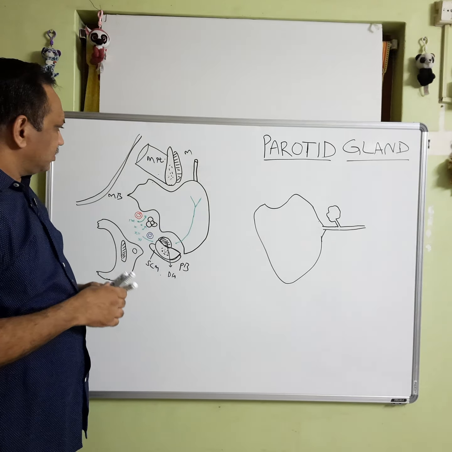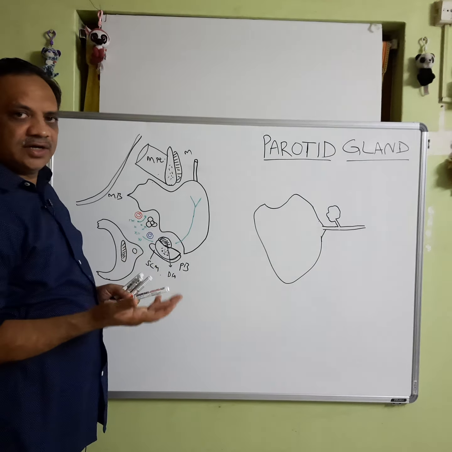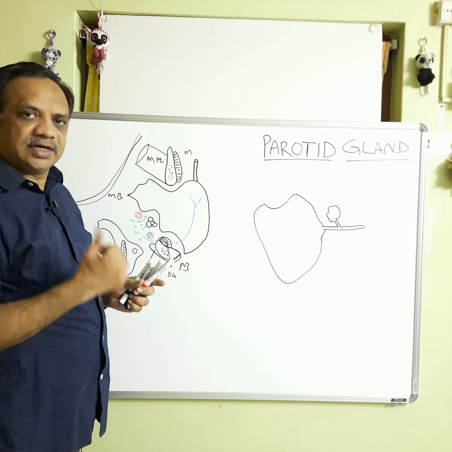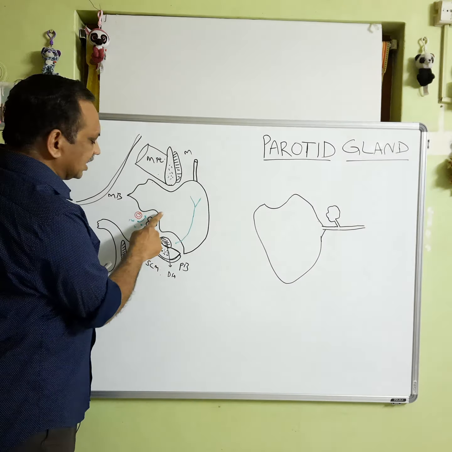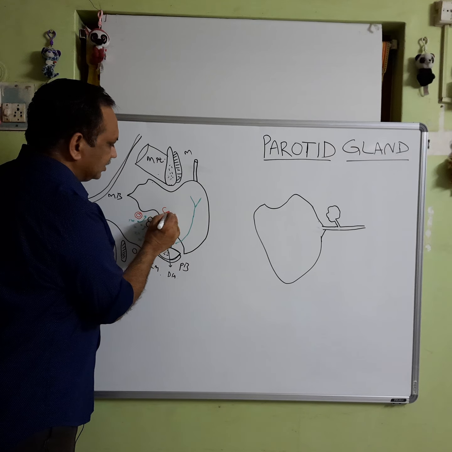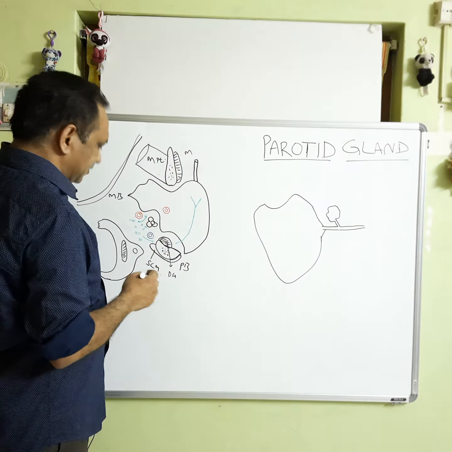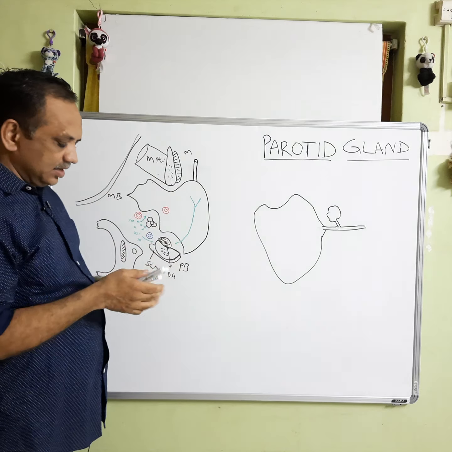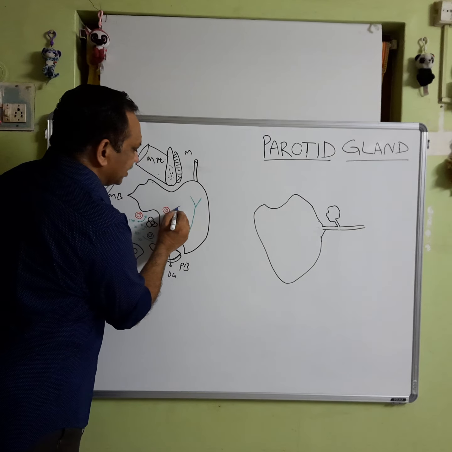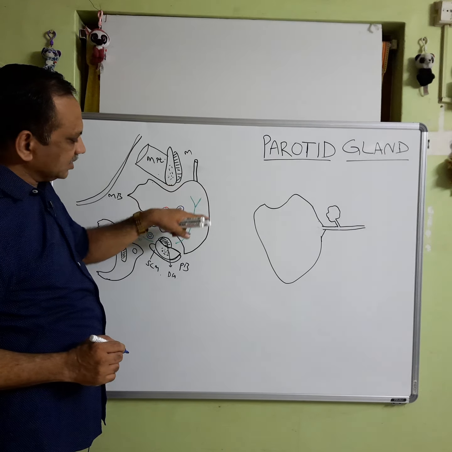And if we see, this is the internal carotid artery, then what about the external carotid artery? The external carotid artery, even though it is divided from the common carotid in the carotid triangle, ascends up and pierces the gland from this surface and enters the gland here, and then it divides into the maxillary artery and superficial temporal artery. Likewise, the superficial temporal vein, after joining the maxillary vein, forms the retromandibular vein here. So, these are the parts present there.